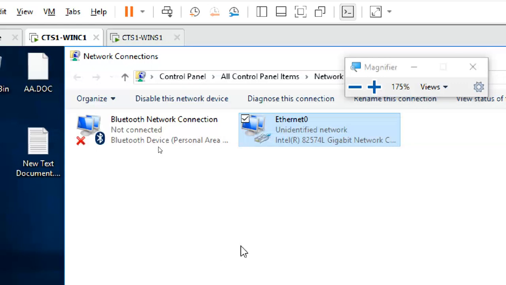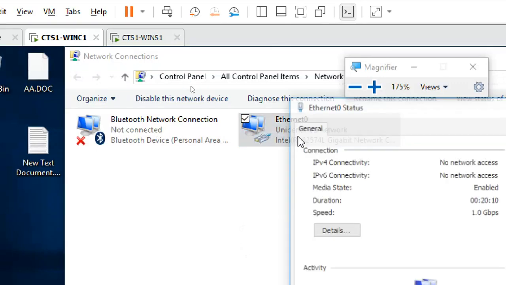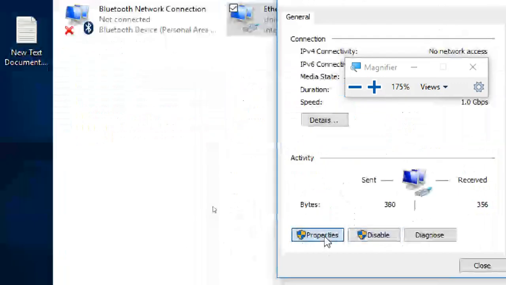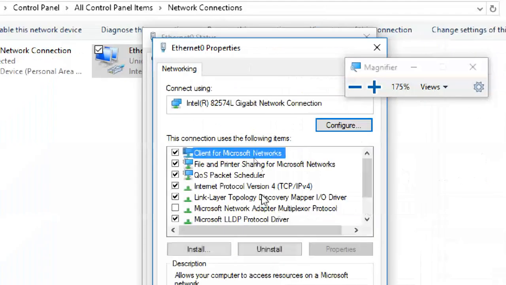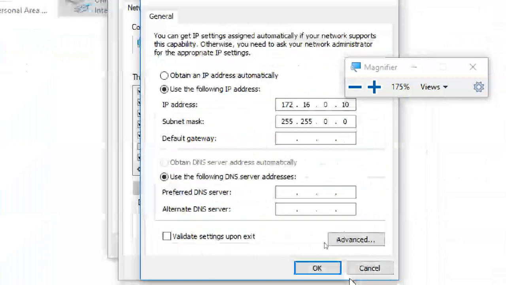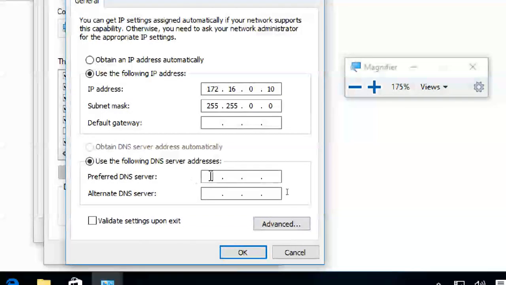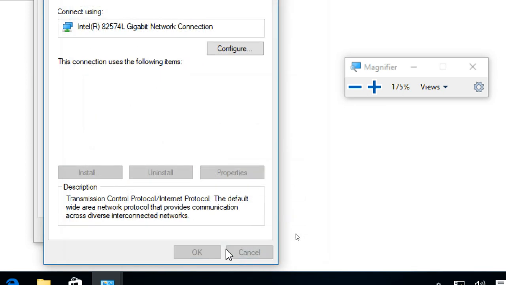Now I'm going to the client. In the client also, what is the IP address for the preferred DNS? So what IP address do I have to give? 172.16.0, the server IP address only I have to give. So this is my client IP address. This is the server IP address. My server is a DNS server itself. That's why the preferred DNS server is 254 only. Okay, so this is the IP setting.